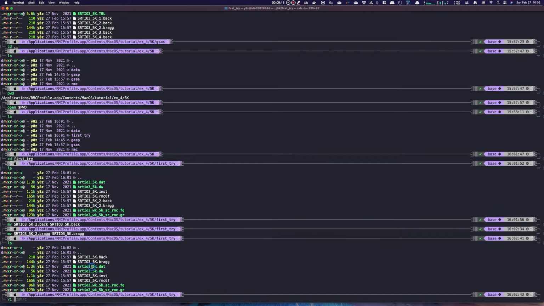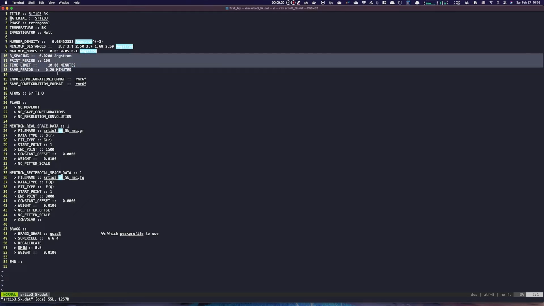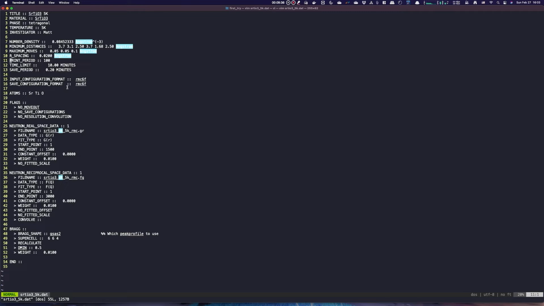Before the refinement, we just open the main control file to see what we have. The thing I want to mention here is that we set the time limit to be 10 minutes, so the whole program is supposed to run for 10 minutes. And with the 0.2 save period, every 0.2 minutes it will write out the RMC6F configuration and a whole bunch of other output files all together. I won't go through all these different sections about different data sets. According to the keyword, you can find the corresponding introductions